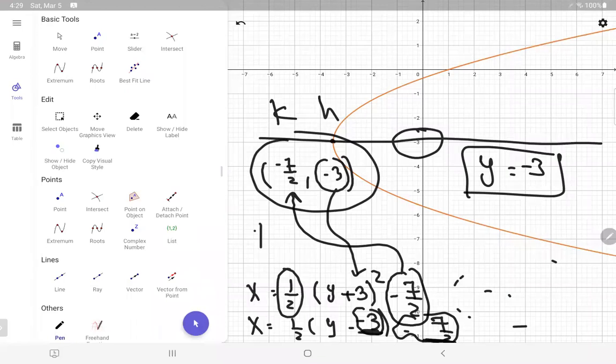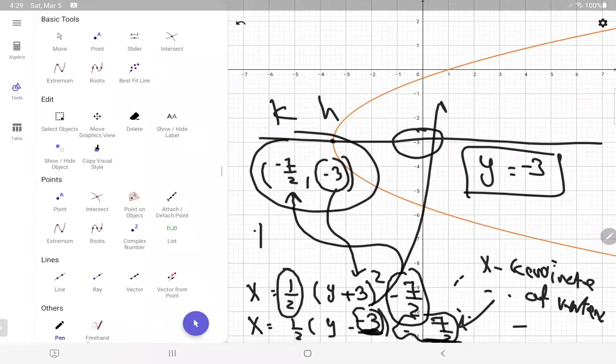Basically, I don't like calling them h and k because they're kind of confusing. It's good for you to understand the first one, in this case, is going to be the y coordinate. The second one is going to be the x coordinate. That's it. So -3 is the y coordinate of the vertex. This is the x coordinate of the vertex. And -3 is y